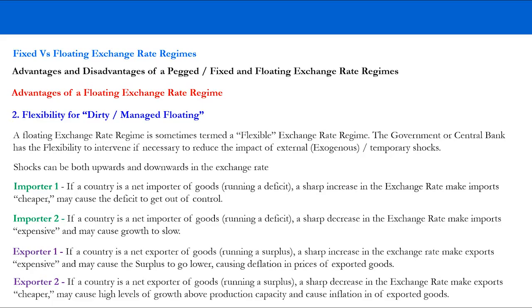And that can cause a deficit to actually get out of control. What if you're a net importer running a deficit and there's a sharp decrease in the exchange rate? Well, this makes imports expensive and can cause growth to slow, because you can end up in a situation